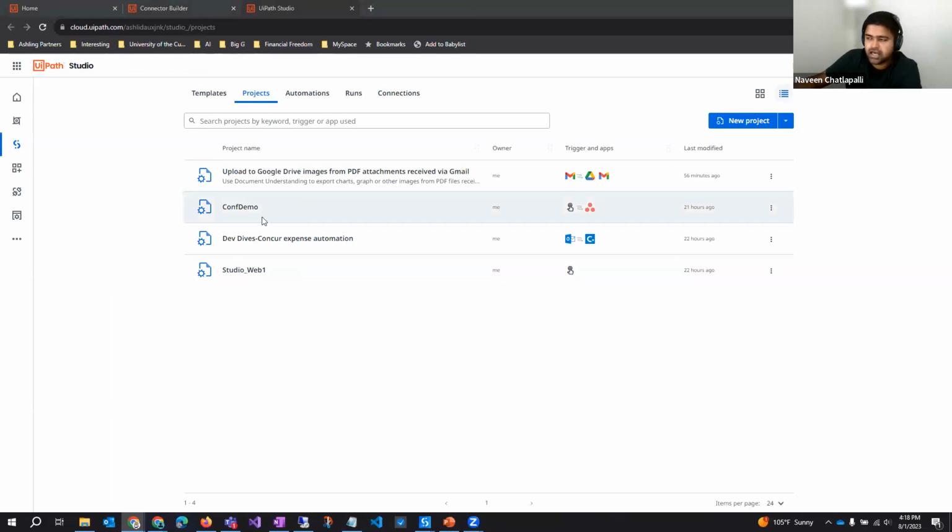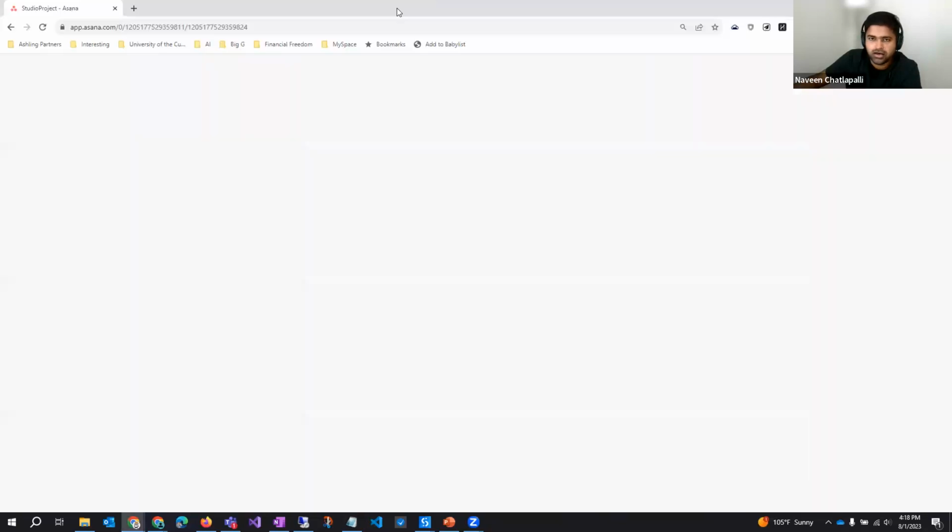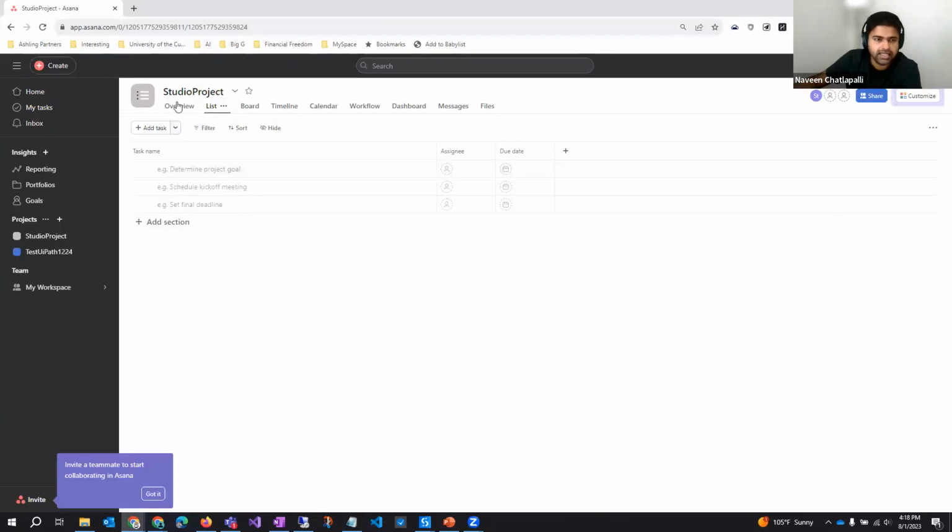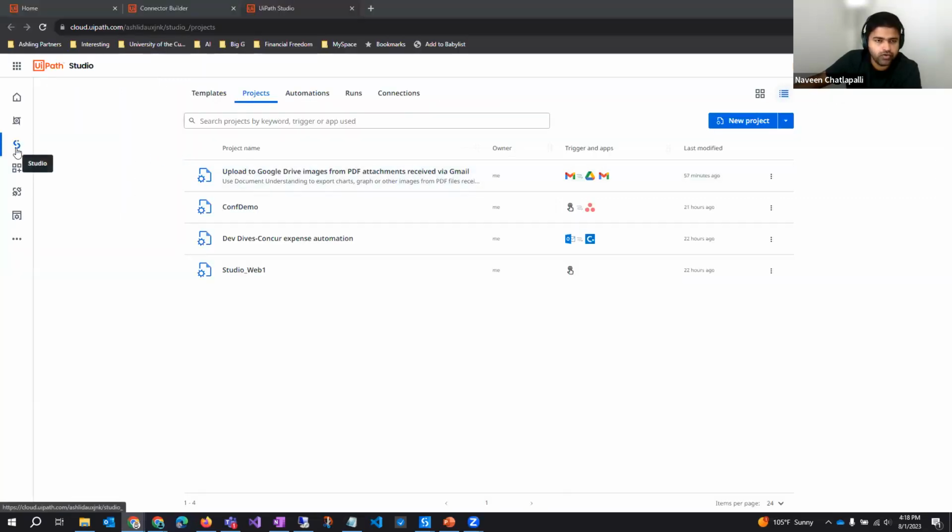We will see how we can connect to this Asana board, how we can create a project inside an Asana board, and how we can create and read the tasks that are inside it. Okay, so without further ado, let me open up Studio Web